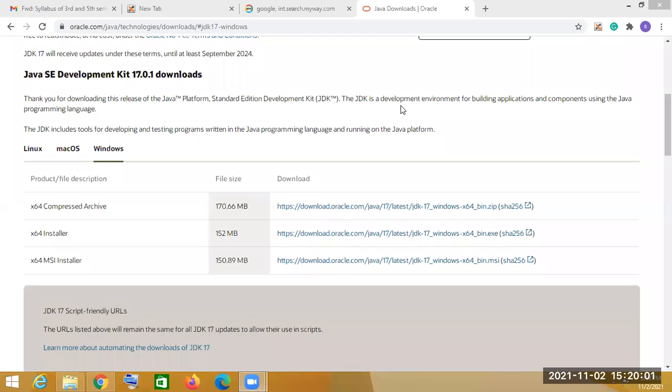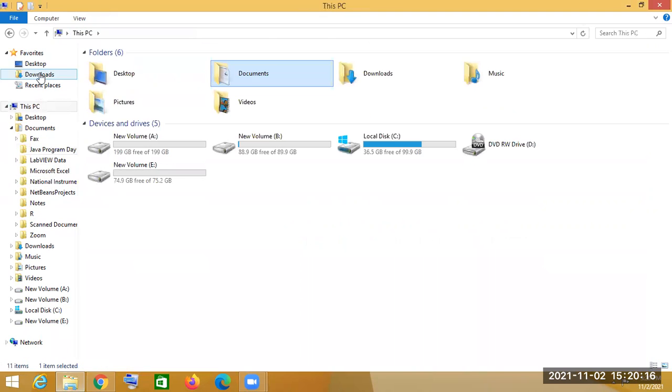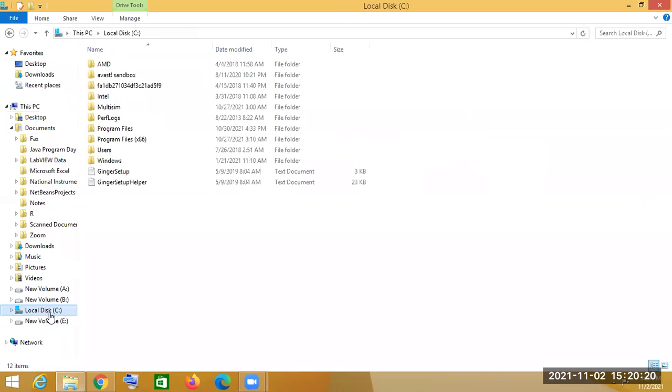Basically, you have to download the JDK. After downloading the JDK, you will install it. Then after installation, go to where it is stored, like in our local disk.